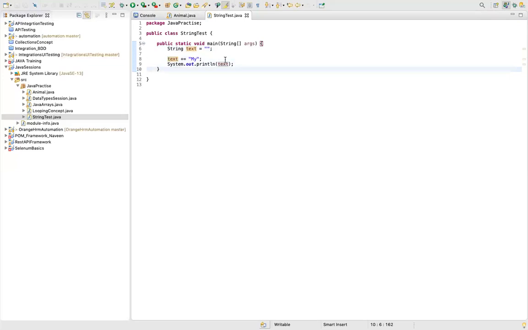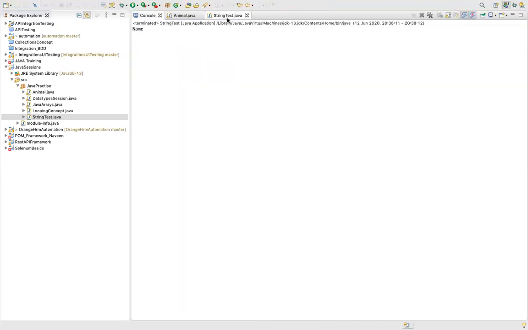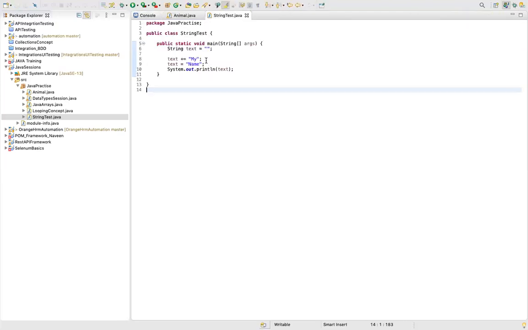If you don't use this plus equals, and I say text equals name and print it, it's printing name. Earlier it was null, then I assigned name. This is not an append. What I did earlier was append this text my into my main string text.